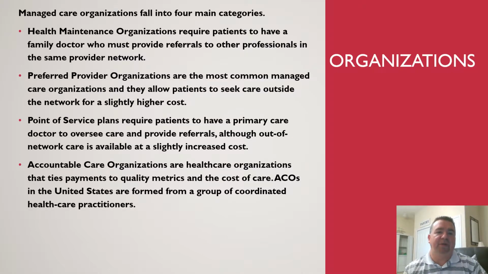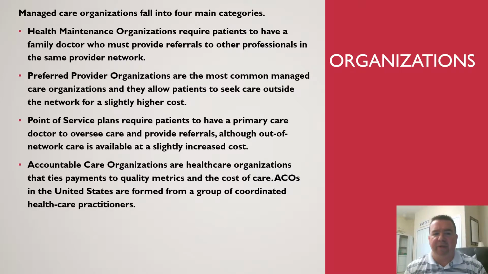Managed care organizations fall into four main categories. The first is the health maintenance organization, or HMO, which is usually controlled by one doctor who dictates the rest of the care throughout. Referrals have to be made through this primary care physician. Next is a PPO, or preferred provider organization, which has a network of physicians. You don't need referrals for services, but to get the best benefit, you have to stay in network. This is what most people have with their employer-based insurance. If you go out of network, it usually costs you a lot more.